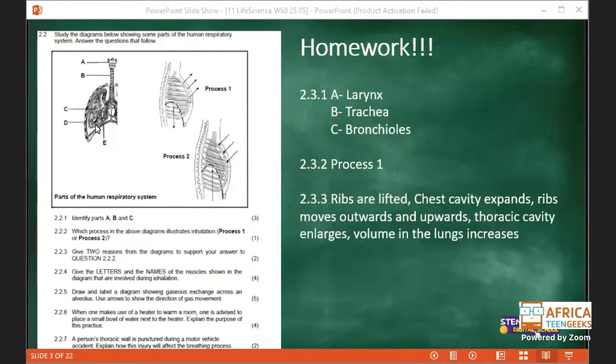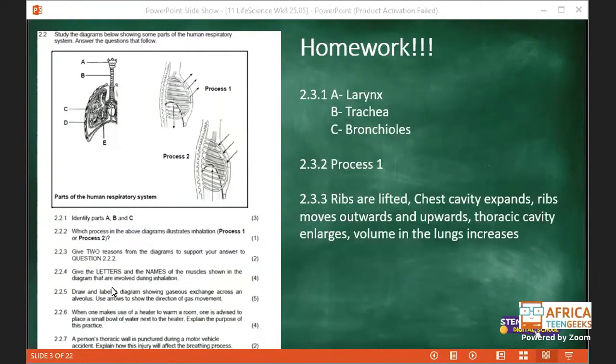So it is your external intercostal muscles, your intercostal muscles, guys. So the muscles that are involved, just, guys, do not be confused between organs and organelles and muscles. The muscles that are involved during inhalation and exhalation are your intercostal muscles and your diaphragm, right? Cool. And then question